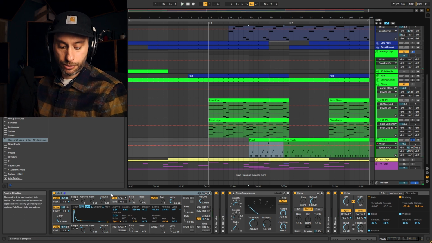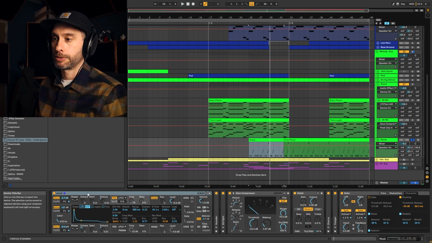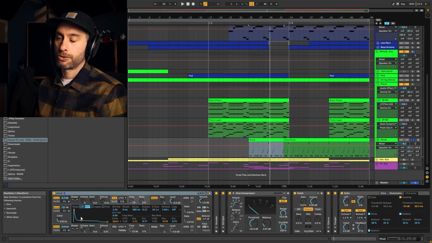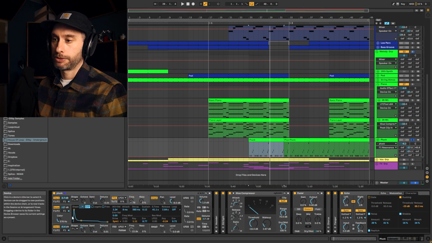So this is a super simple patch that I've built using an Ableton Analog. It's two saw waves which are slightly detuned to one another. It's going through a very tight filter with quite an aggressive filter envelope to give it that plucky sound. Without the filter,